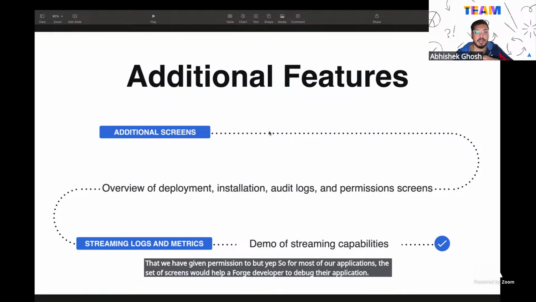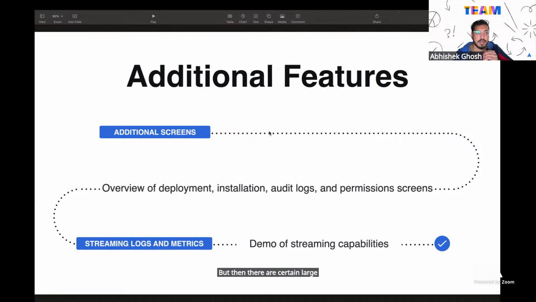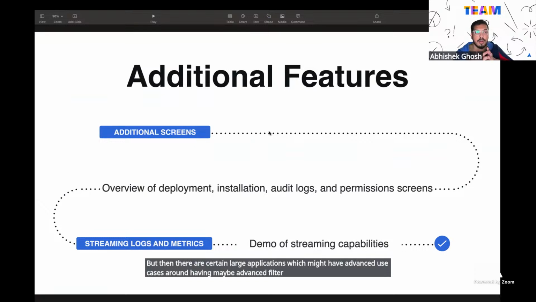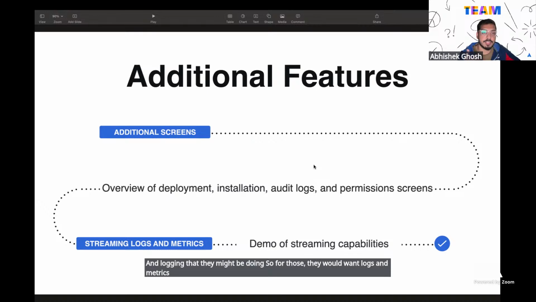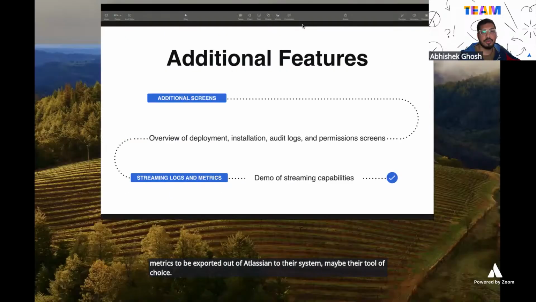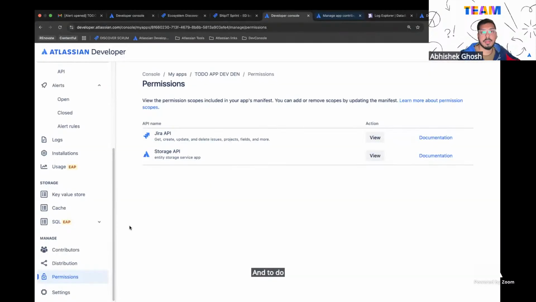But then there are certain large applications which might have advanced use cases, such as advanced filtering or adding advanced alerting on top of our logs and metrics. They might have some advanced logging that they might be doing. So for those, they would want logs and metrics to be exported out of Atlassian to their system, maybe their tool of choice. And to do that, we today support,